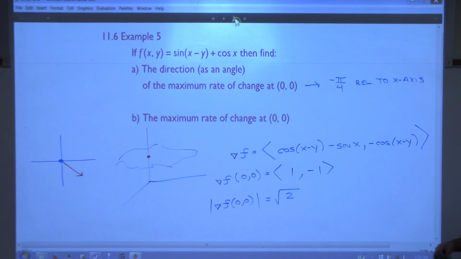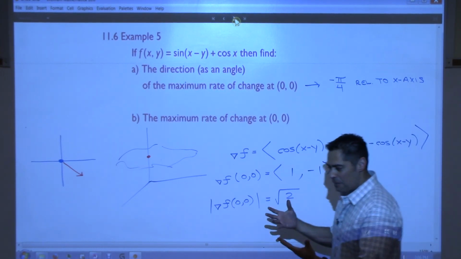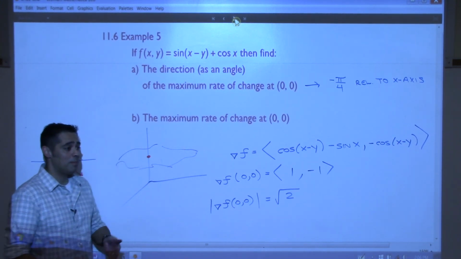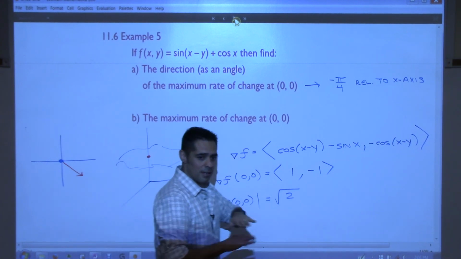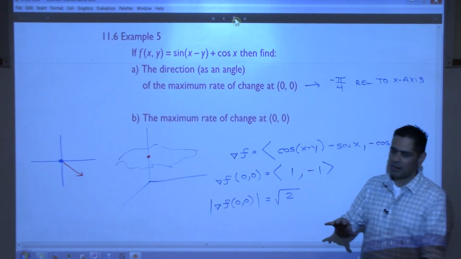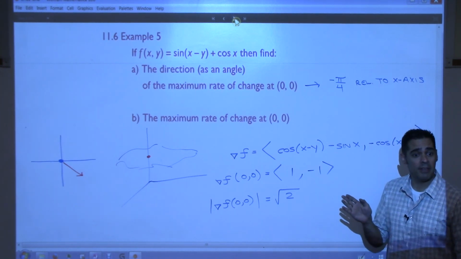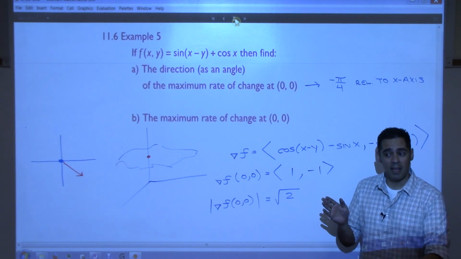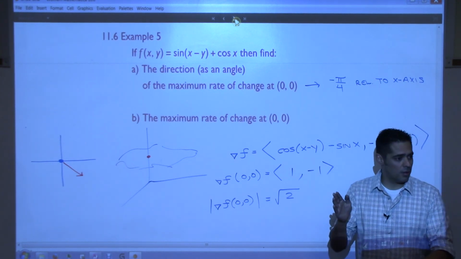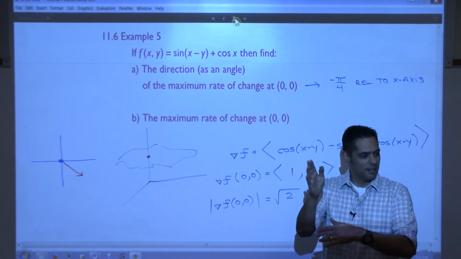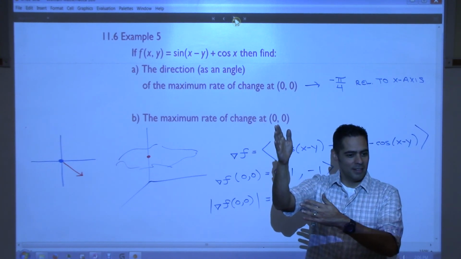Only to me. You've got this surface, you're standing on it, you're trying to figure out where to go to get the steepest ascent. I can tell you which way to point, and I can tell you that's the steepest slope you're ever going to get. Root 2, that's it. You point in any other direction, it's going to be less. And it didn't take a whole lot of work for me to be able to tell you that. And then I could move in that direction, and I say the same thing at the next point I get to. That would give me another direction, wouldn't it? And I keep doing that as I move, and eventually I'd be at the top, wouldn't I? And that's where you have